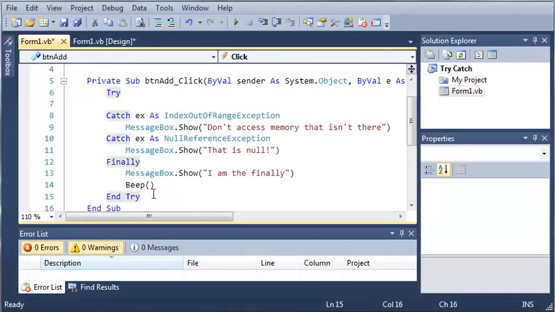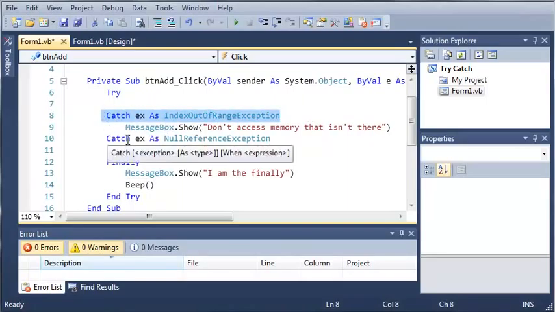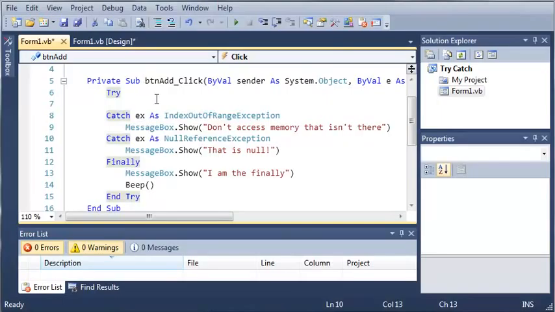And in this tutorial, we're going to be talking about the when keyword. Now the when keyword is similar to the if statement. So what it does is, let's say you want to catch an index out of range exception only when a certain value has